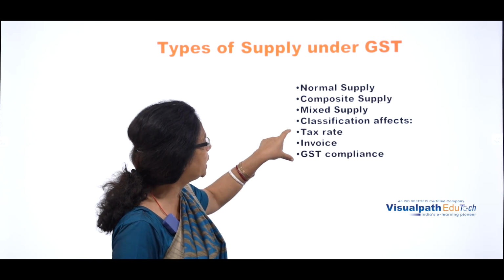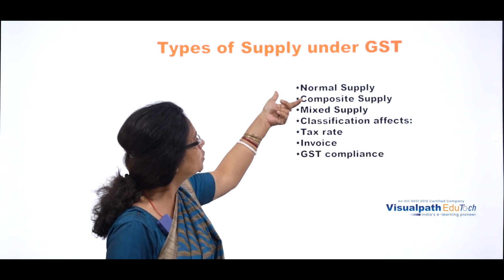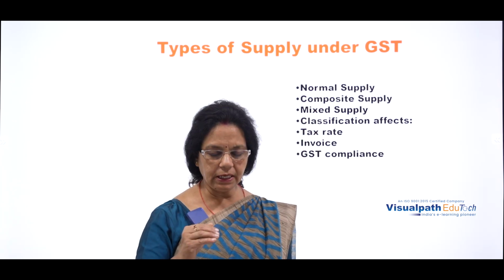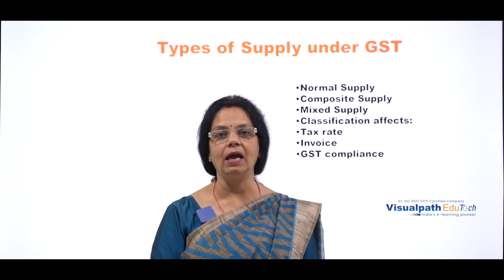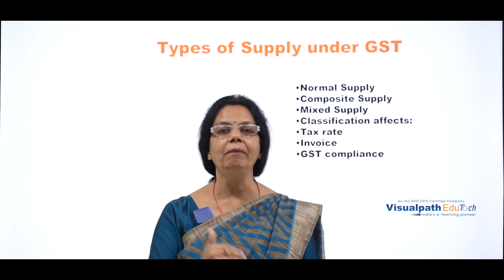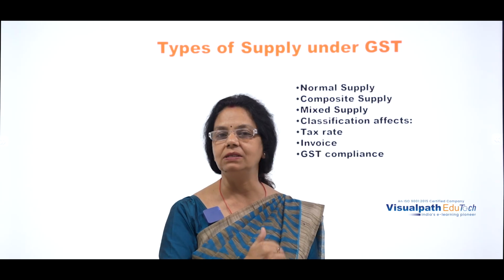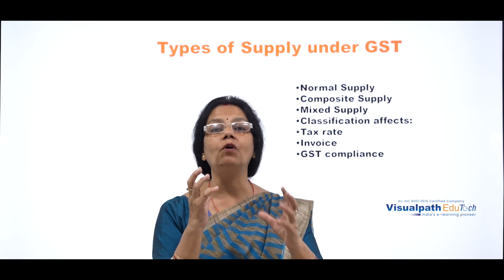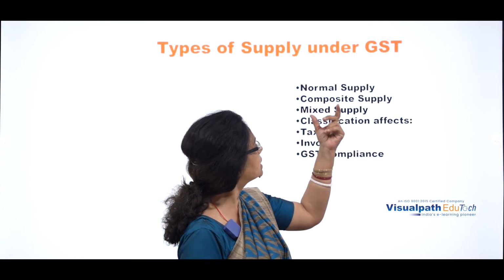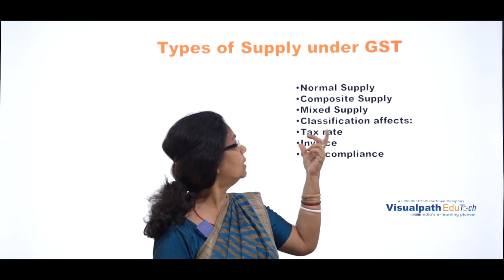And against what we get for this supply, what are the effects? So the supply is what? Normal supply, composite supply, and mixed supply. Yesterday, in the last class, I discussed what composite supply is, what mixed supply is, and how the tax is calculated on composite supply as well as mixed supply. Of course, I did not use the word supply then. Now the word supply has been there. So what we have discussed, composite goods as well as mixed goods, composite exchange as well as mixed